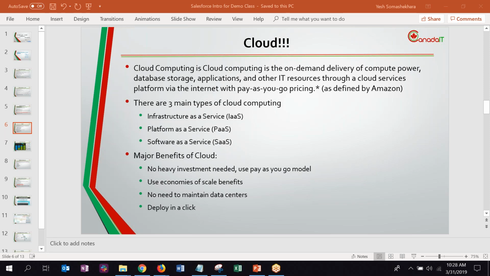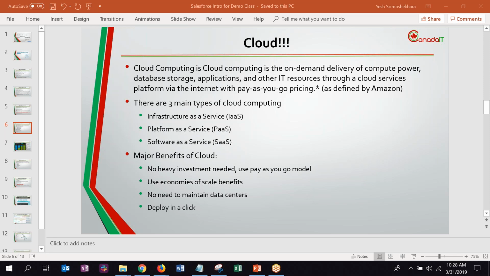And if you know how the iPhone launched first at 2G, it was so slow. Then 3G came. Now we have 4G. We are getting 5G, which is going to be much faster than your LAN internet. So that's the speed at which the internet is moving forward. And because of that, people are able to access large amounts of data and applications just through their browser. They don't need big machines now. They just need a browser, it's hosted somewhere else, and they just log in through the browser and use it. That's one of the main things.